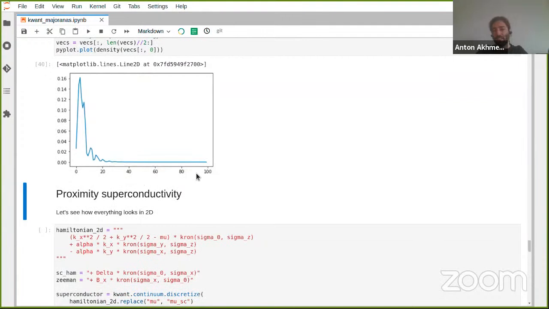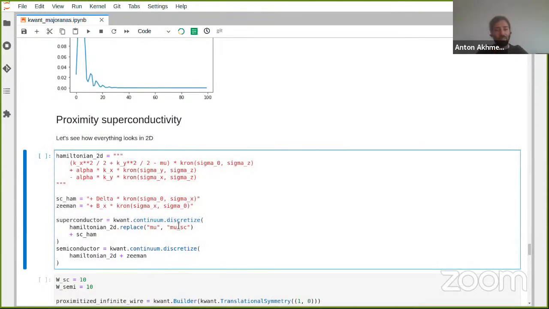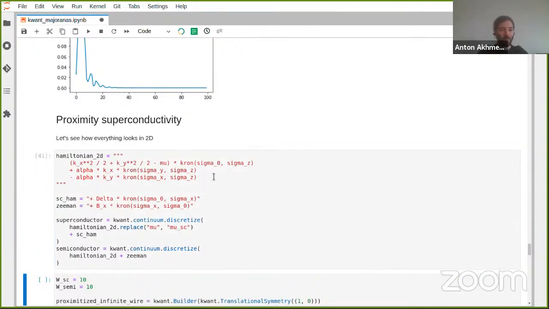All right, now I really have only a couple of minutes remaining. So as a final example, let me quickly demonstrate a problem. And for the solution, you'll have to look at the notebook on your own later. That's going to be homework. I'm going to do the same thing, but I am now going to study proximity superconductivity. So I'm going to go from purely one-dimensional systems to two-dimensional systems, and I'm going to see how the physics